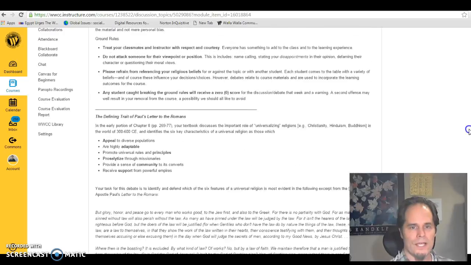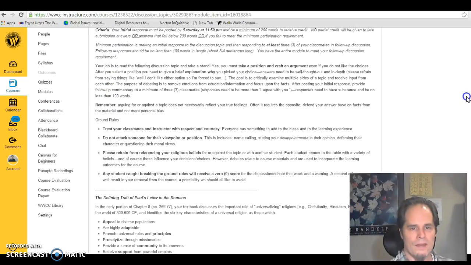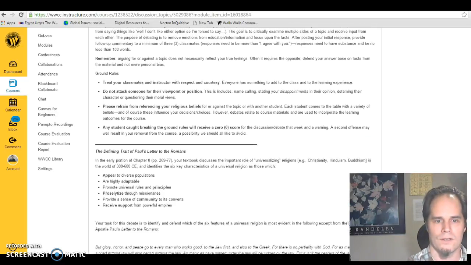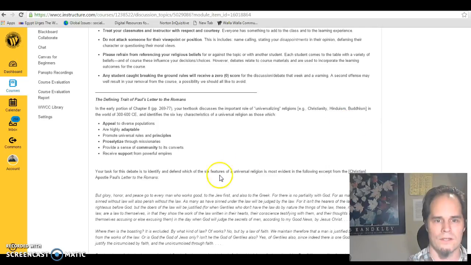Okay? Your task will be to, by Saturday evening, by midnight, post a 200-word response to the question that I have put down here. And just to help you understand your task, this is the thing. Your task for this debate is to identify and defend which of the 6 features of a universal religion is most evident in the following excerpt from the Apostle Paul's letter to the Romans. So that's what your 200-word